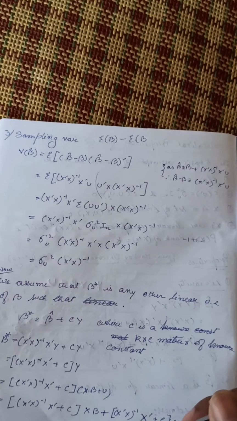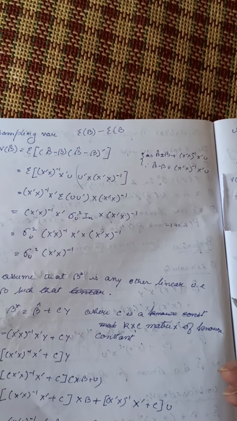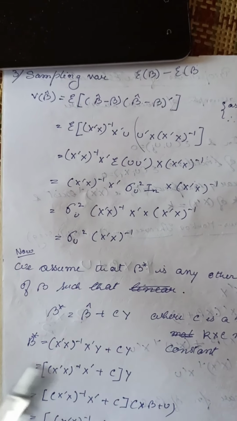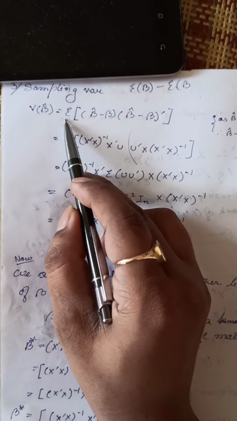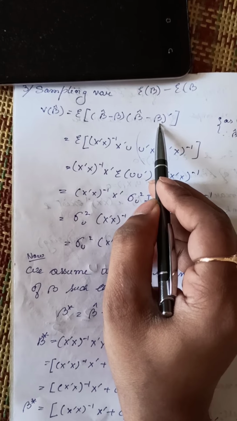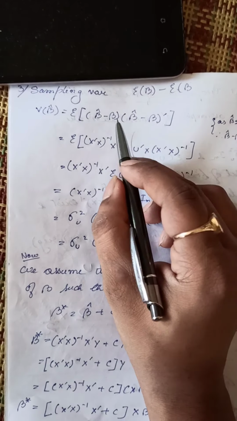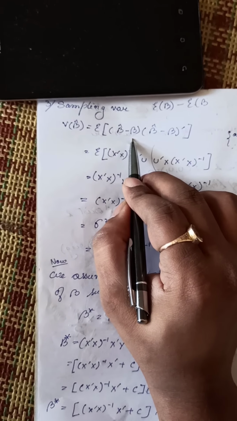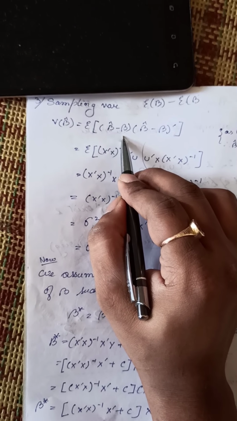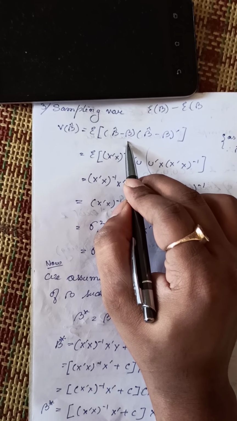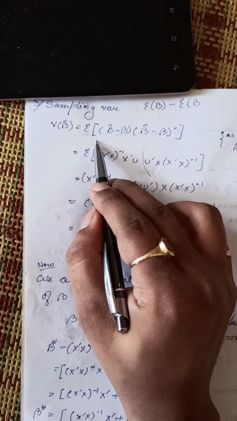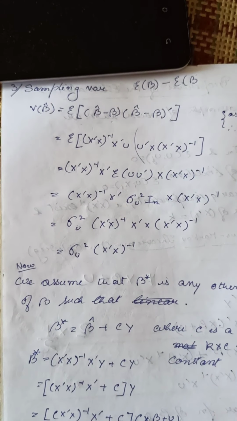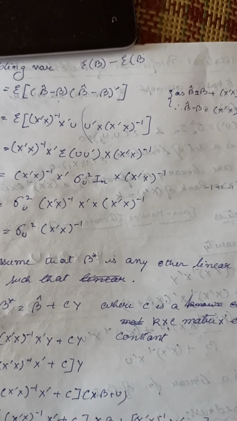Now we shall move to the best property, or the minimum variance property, which is the biggest and most important property. The first line is that the variance of beta cap is given by the expectation of this term. This is the formula, and you have to memorize it. It was discussed when dealing with the BLUE property in the single variable regression model, so the formula has remained the same. However, in this case these are matrices.